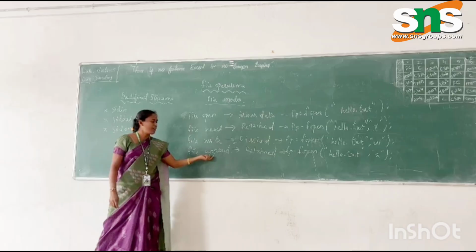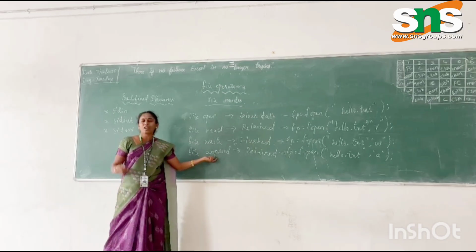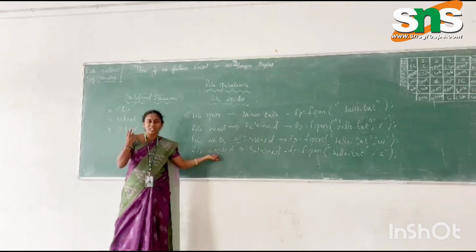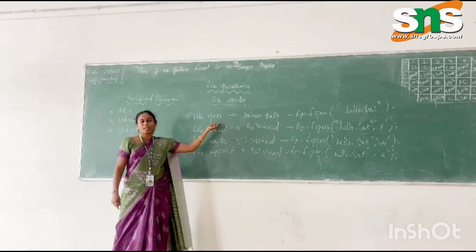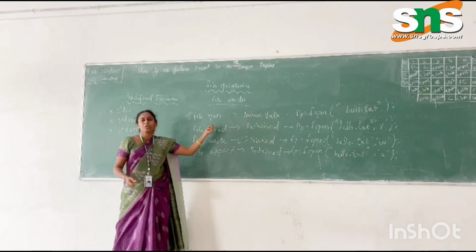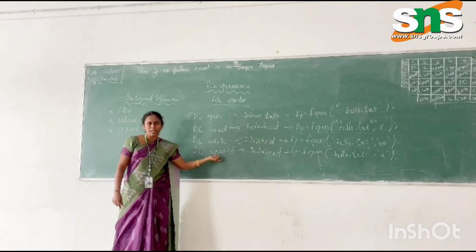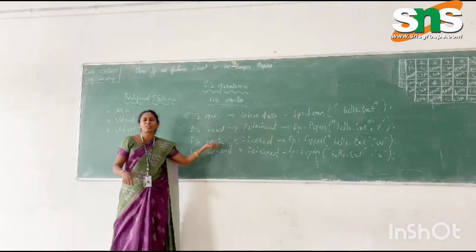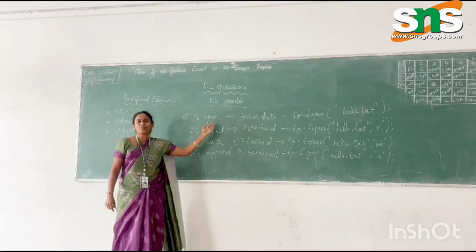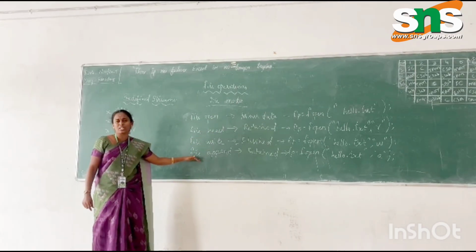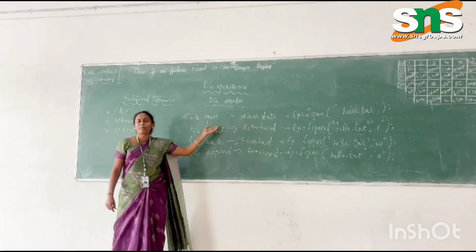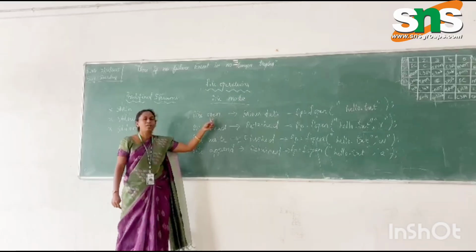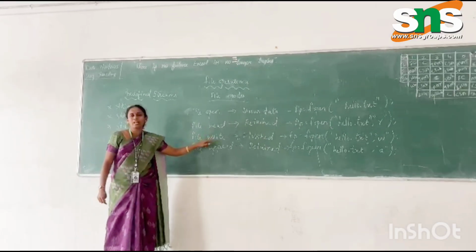The next one is file append. Append is nothing but adding content to the already existing content, or adding new content in the open file. In an already opened file you can add, that means you can append data to the existing data, or create new content for the already opened file. These are the 4 modes of file operations that exist in C programming: file open, read, write, and append.